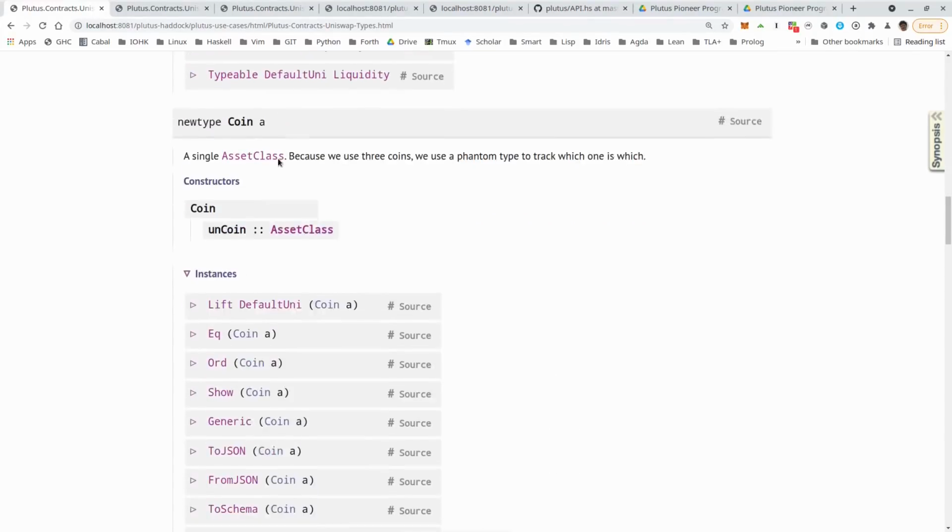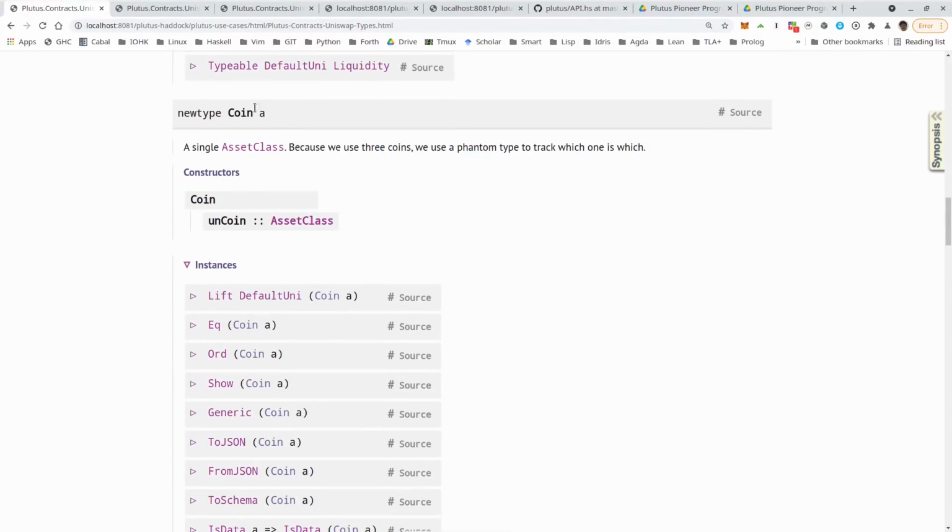And all these types are then used in the Coin A type. So A is a type parameter that's a so-called phantom type. That means it has no representation at runtime. It's just used to not mix up the various coins, to make it easier to see what goes where. So in the datum, a coin is simply an asset class that we have seen before.